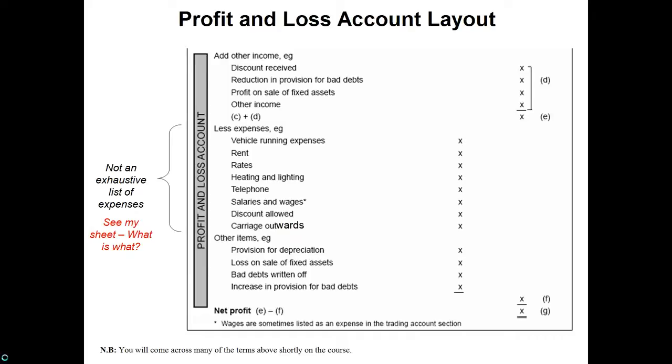Then we go on to the expenses, and you've got a list here. This layout decides to segment the list into a section of expenses and then other items in terms of expenses. It's not necessary to do that. There are no additional marks for doing it, but what is quite nice is the understanding of it,